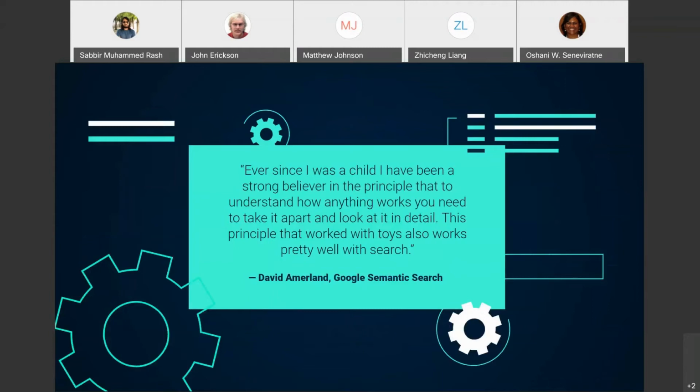Okay, so just a quick quote. "Ever since I was a child, I have been a strong believer in the principle that to understand how anything works, you need to take it apart and look at it in detail. This principle that worked with toys also works pretty well with search." So I just included this quote because